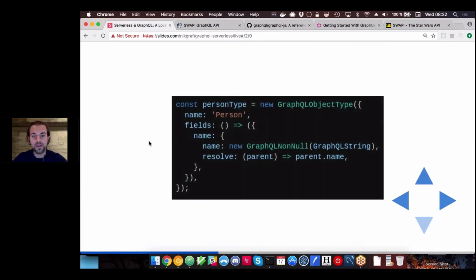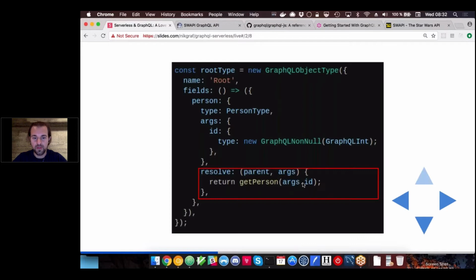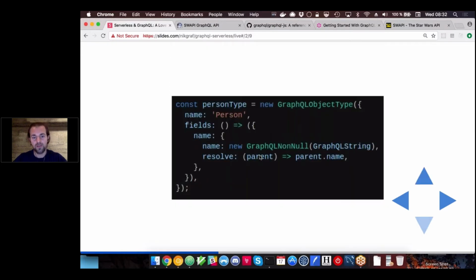And then you can see here's the person. And here's another resolver. What you can do is, you always get passed in the parent. So for example, if I fetched the person by the ID, in the person I actually get that object, which is here as parent. And then you can even rewrite attributes, which comes in really handy, because let's say your API only provides you with